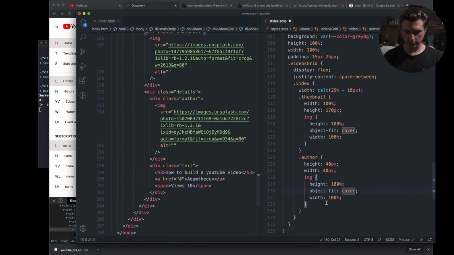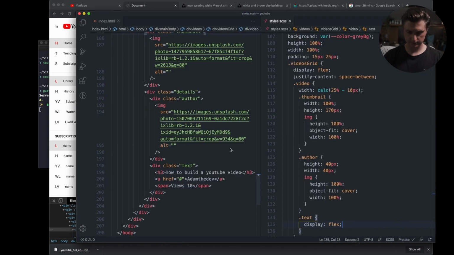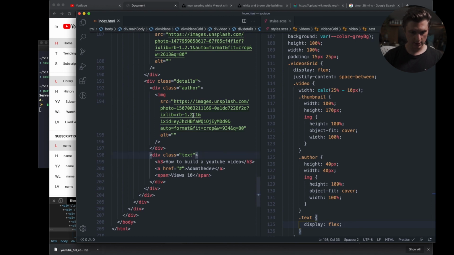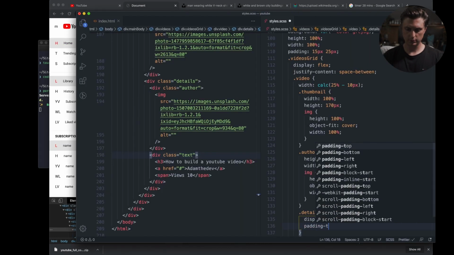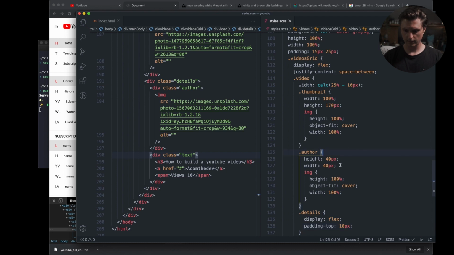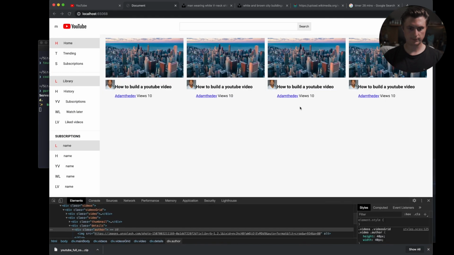And for the dot text div, if we just do dot text display flex, no, sorry, not the dot. No, we need to do it on dot details. So dot details display flex. It's going to bring them next door to each other. We could do padding top 10 pixels, and then on author, let's do border radius 50%, overflow hidden,